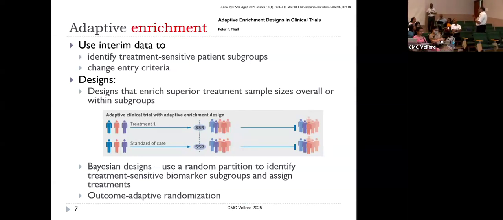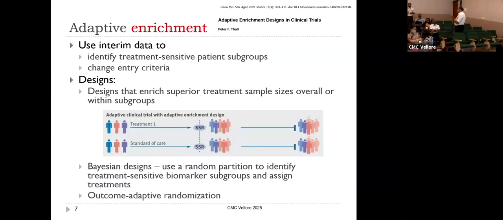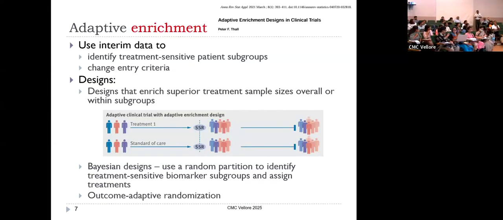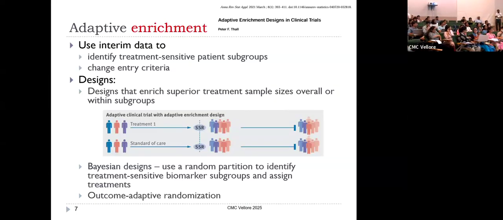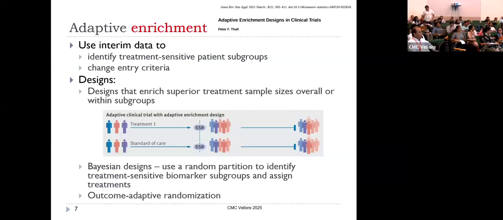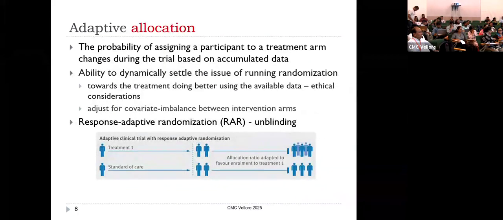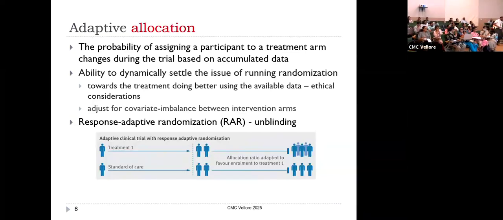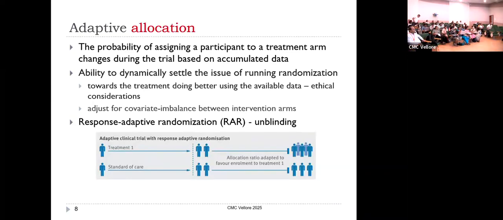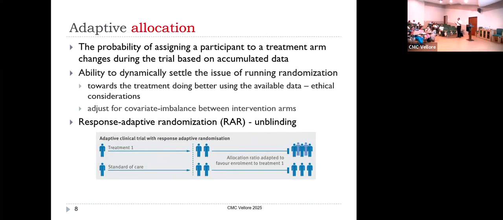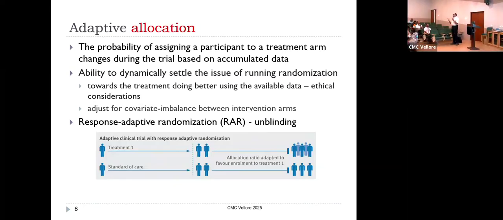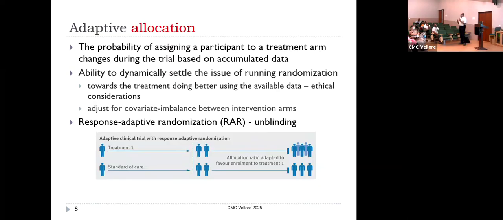Operationalizing and trying to keep the study blinded is another issue, right? You don't want to do these things because they're potentially unblinded. Yeah, we'll get into that. All right, so adaptive allocation is problematic because it is very potentially unblinding. If you say now we're going to do 2-to-1, we're favoring the intervention, this one, because it's doing well, usually